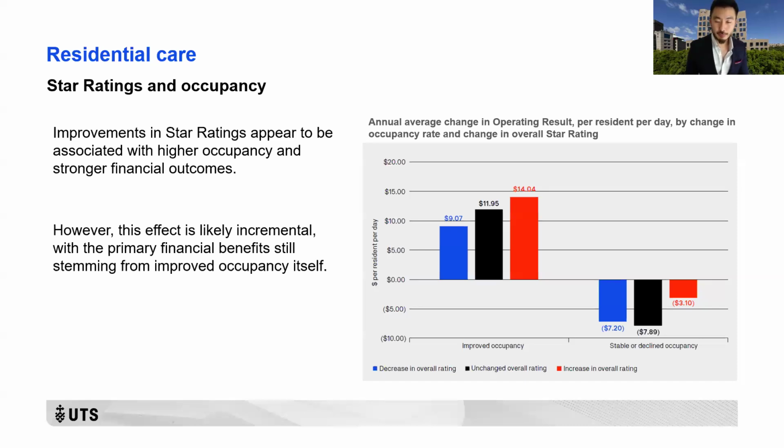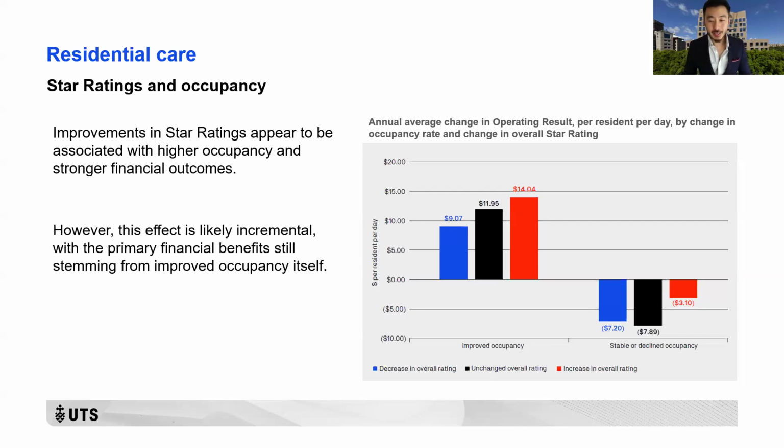Compare that to $11.95 for unchanged and $9.07 for a decrease in ratings. So it seems like there's a benefit from homes increasing their star ratings with higher occupancy. And on the flip side, if there's a stable or declined occupancy on the right section of that right graph,